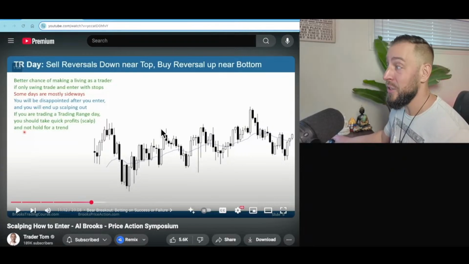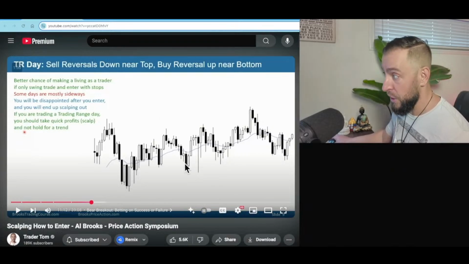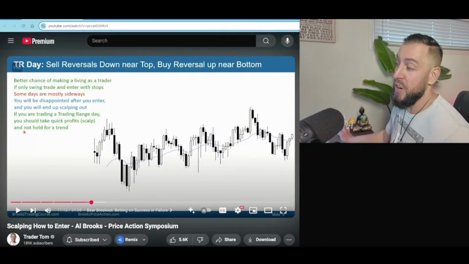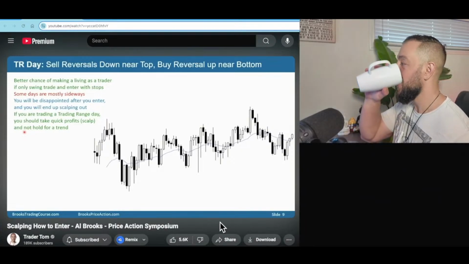Now the price tried to do that, but then you see this bear bar and then the move down. So instead of expecting a trend, expect a breakout to fail and then reverse and get sucked back down into this trading range. That's a much more effective strategy when the price action looks like this, and there are way more opportunities for that. So if you are sitting there frustrated, bored, waiting for a trend, this is an alternative. Instead of holding for trends, because most of the trades won't go far enough for you to make a swing profit.